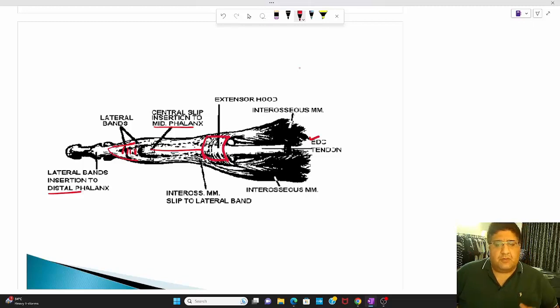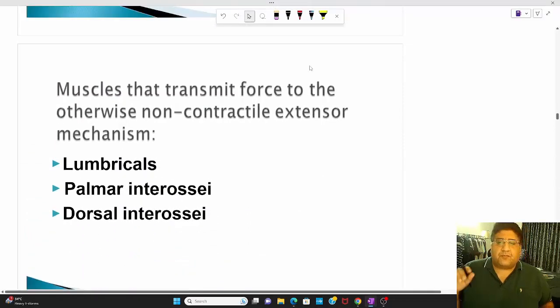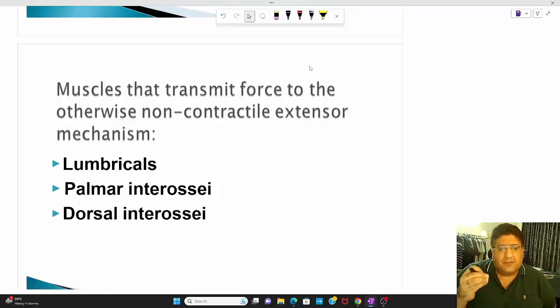So if at all you are asked in your theory exam to draw a well-labeled diagram of the extensor apparatus along with details of it, then this is the most ideal diagram. Now, I come to the actual business. The actual business is the physiology, the work. Anatomy, if you ask me personally, there's nothing in anatomy. Just EDC, EIP, EDM, EDC inserts, then central slip inserts, and then the lateral bands go together, they insert, and they have a triangular ligament, and they receive interossea, lumbrical, extensor hood. That's all. There is nothing more in the extensor apparatus.